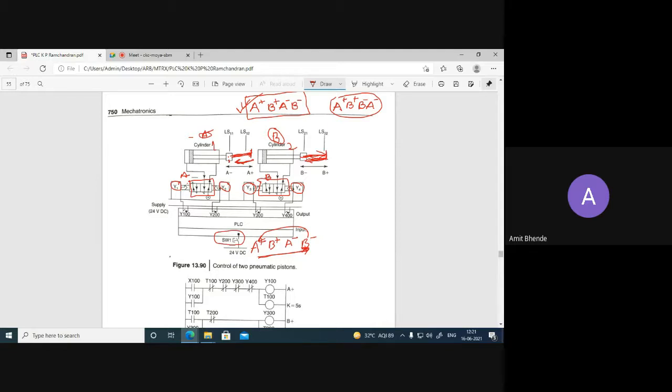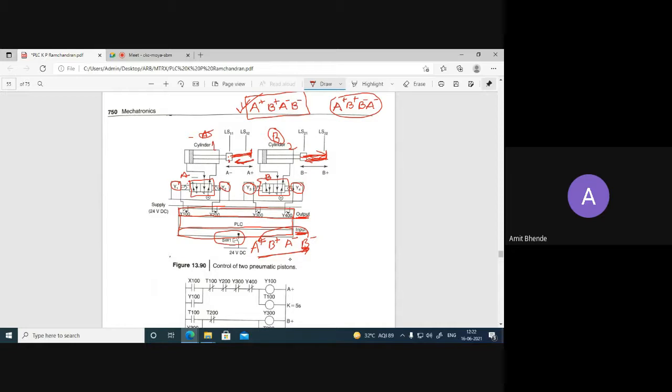And the connections, here you can see the connection of solenoid Y1. This rectangle shows a PLC, and we know that in the PLC there are two sides. This is the output side, that means all the output devices are connected on this output side, and this is the input side, and all the input devices are connected to the input.